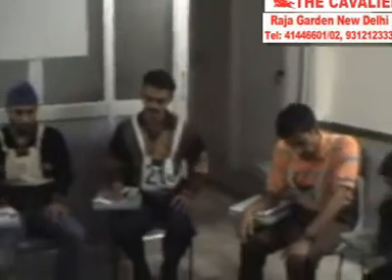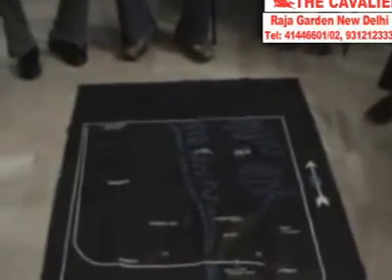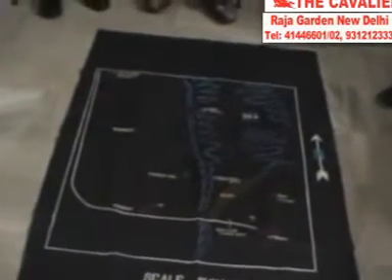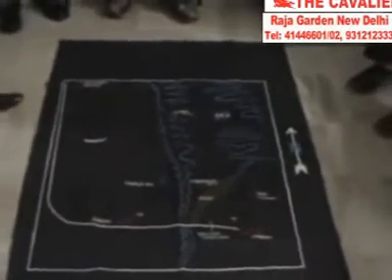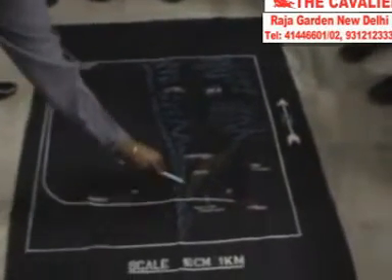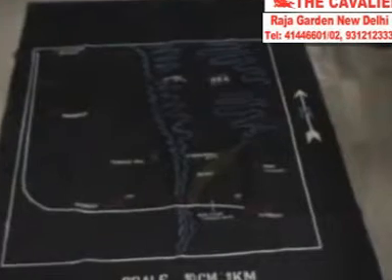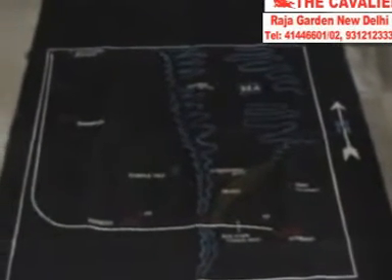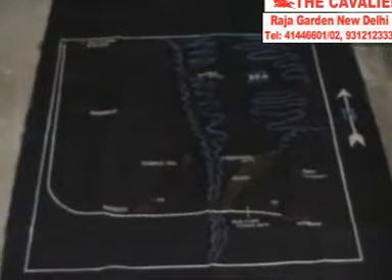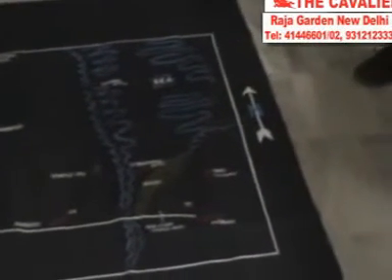Let's get inside the white square. Inside the white square is the area of concern where you are going to do your exercise. This portion is mainland, and that is sea. There is a sea breaking between the two portions of land, that is an island. That is Mandavi Island, and this is the mainland. Are you with me? Yes, sir.